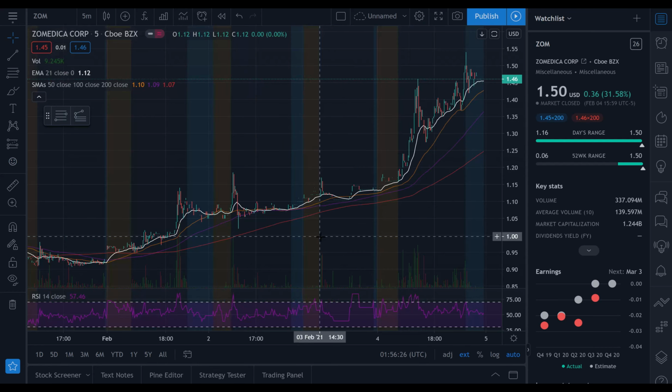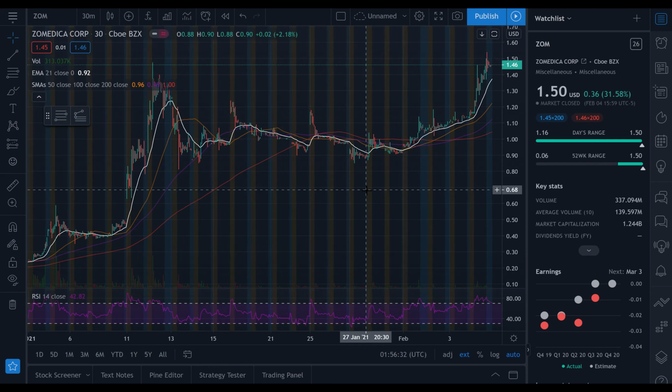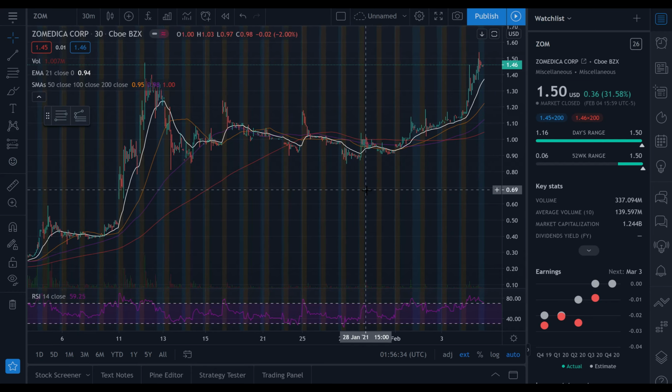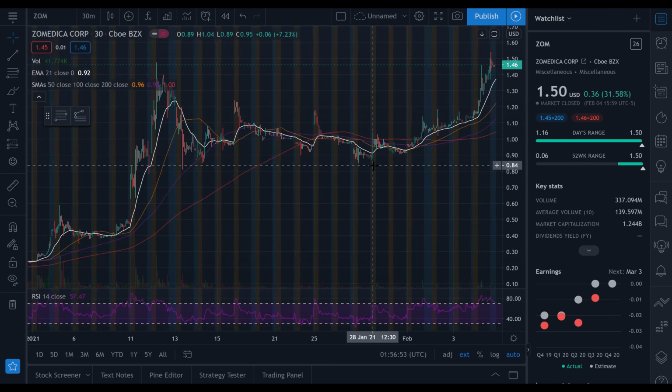If we take a look at the monthly chart, there's a few patterns that we can see here. If we take a look over here, we can see that the 21 EMA has crossed over the 50, 100 and 200 day moving average. So that confirms that we are in bullish territory currently. Also, we can see that a pennant formation has formed here. So if I just draw that on,